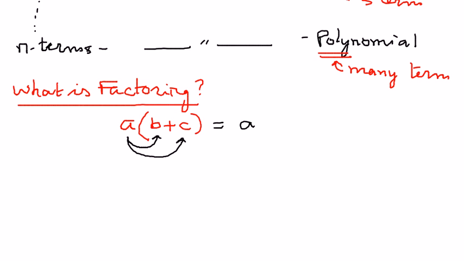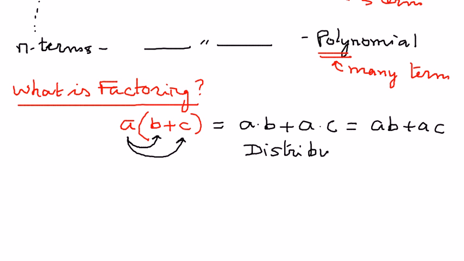A times B plus A times C. And we put it all together as AB plus AC. That is what the distribution is. This is what is called the distribution rule. On the other hand, factoring is a reverse process of distribution. How does that work? If we had something like this, AB plus AC,